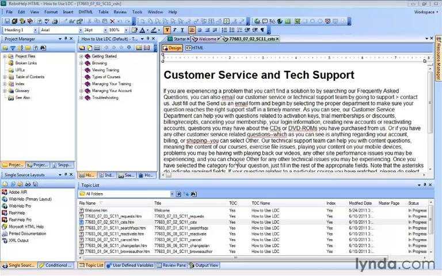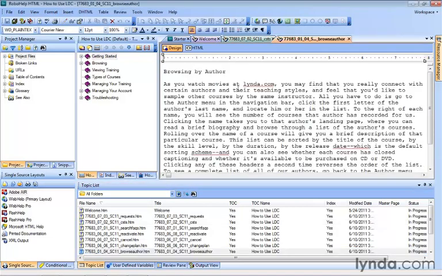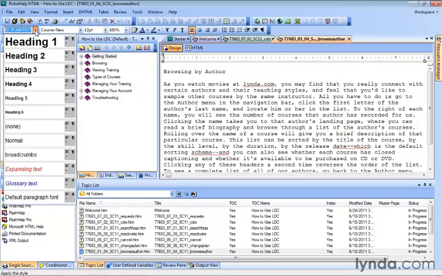Let's go to a topic in our topic list, Browse Author. We'll double click that. Here's an example where we've applied the default CSS file, but the appearance really hasn't changed at all. And if we look at the formatting toolbar at the drop-down, it says WD plain text right there. If we click the drop-down, it's not even an option. It's not part of our CSS file. So it's overriding any of these selections that we can now apply.